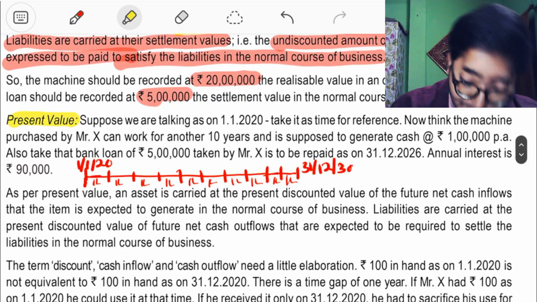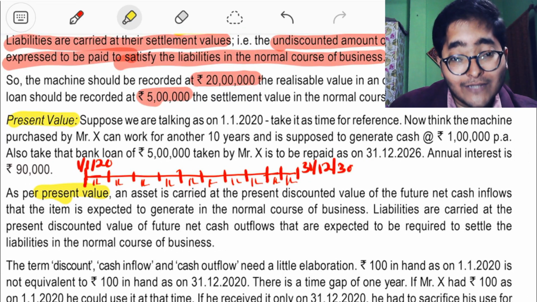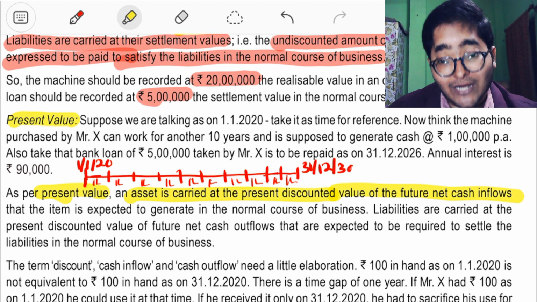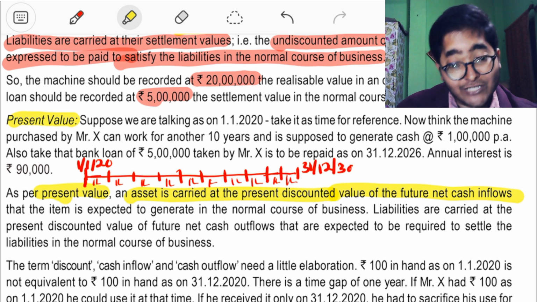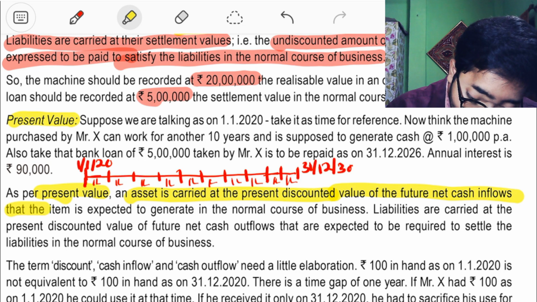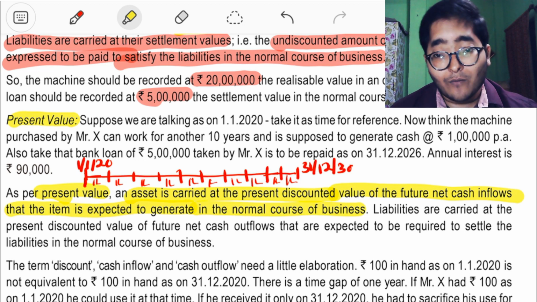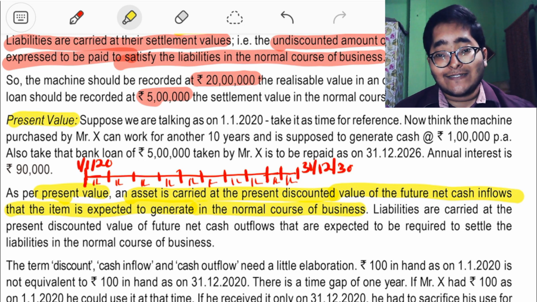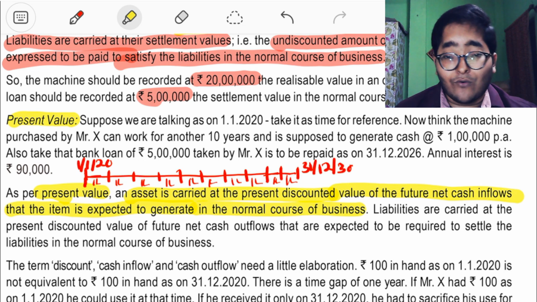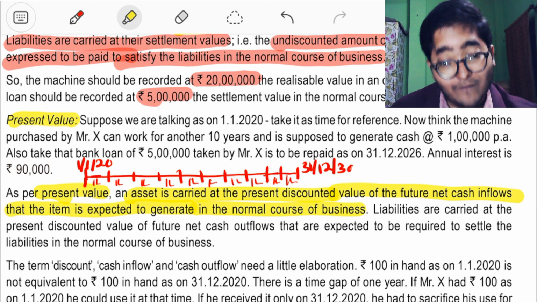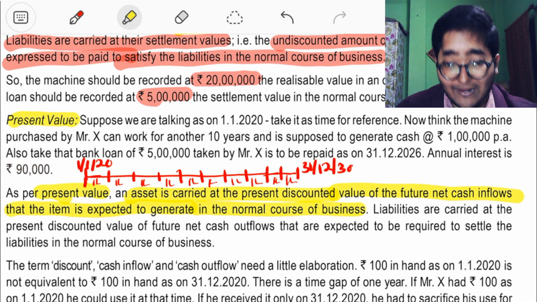So as per present value, the asset is carried at the present discounted value of the future net cash inflows that the item is expected to generate in the normal course of business. बिजनेस का नॉर्मल कोर्स में एक एसेट से कितना नेट कैश इनफ्लो होने जा रहा है उसका एक डिस्काउंटेड कैलकुलेटेड अमाउंट को हम लोग कहेंगे प्रेजेंट वैल्यू।